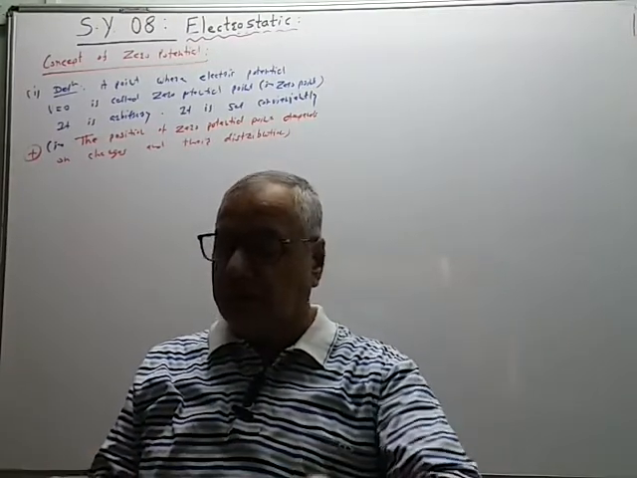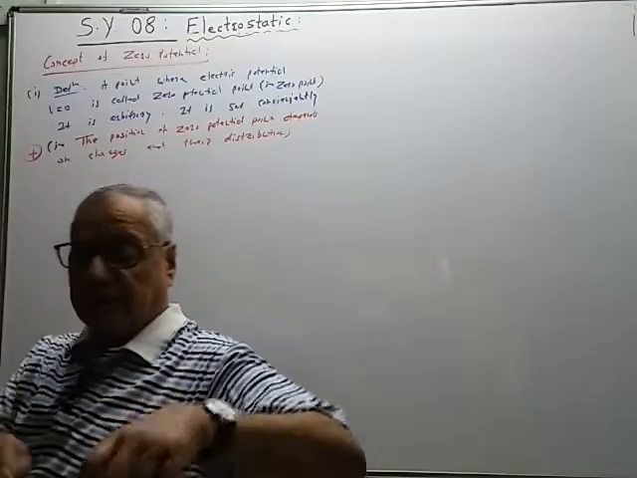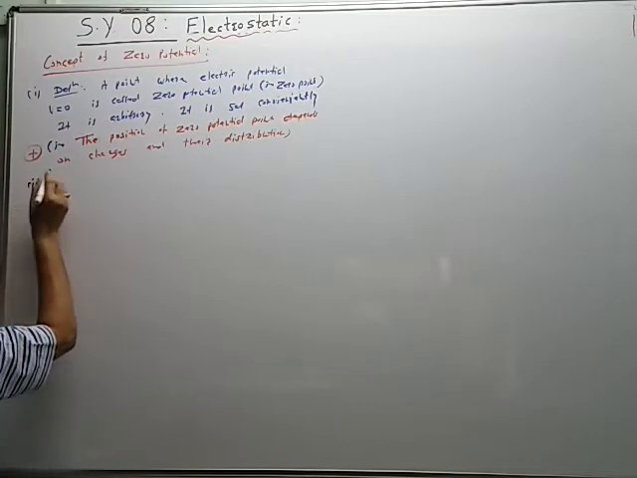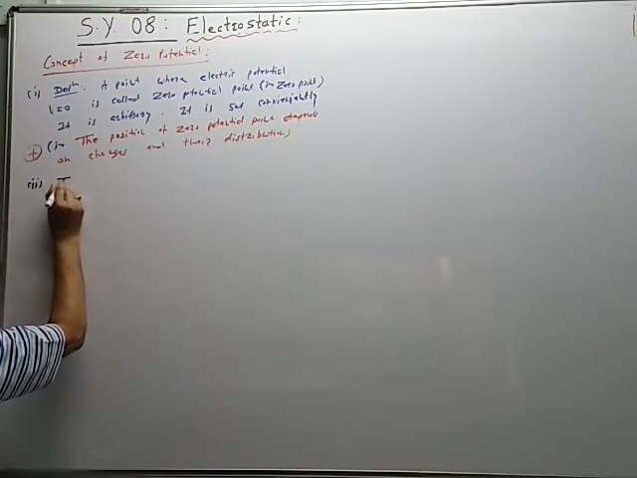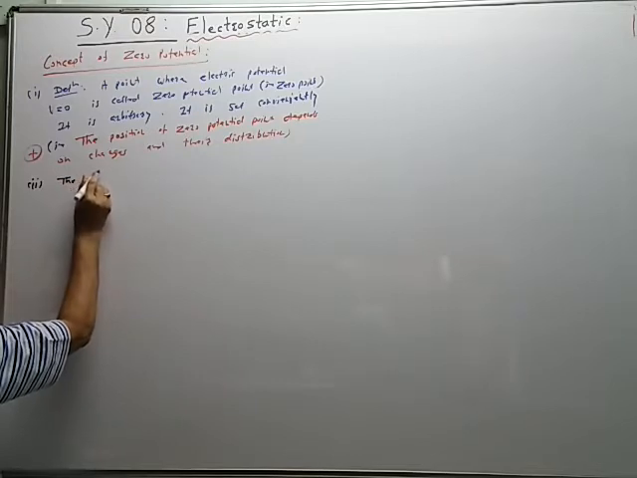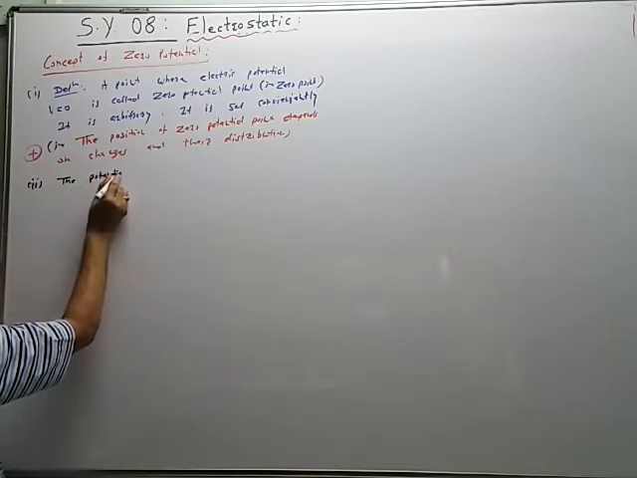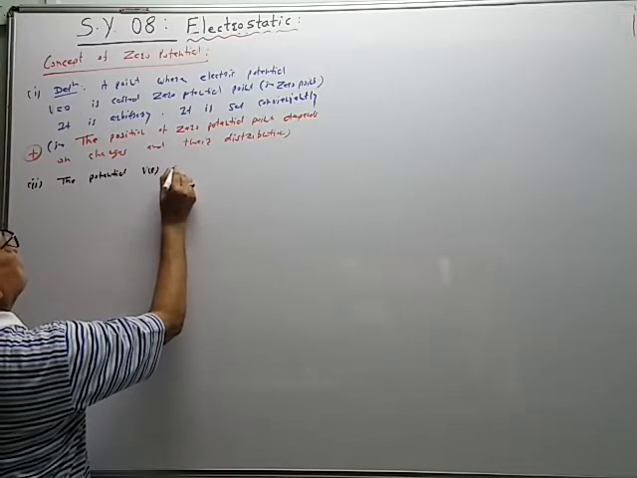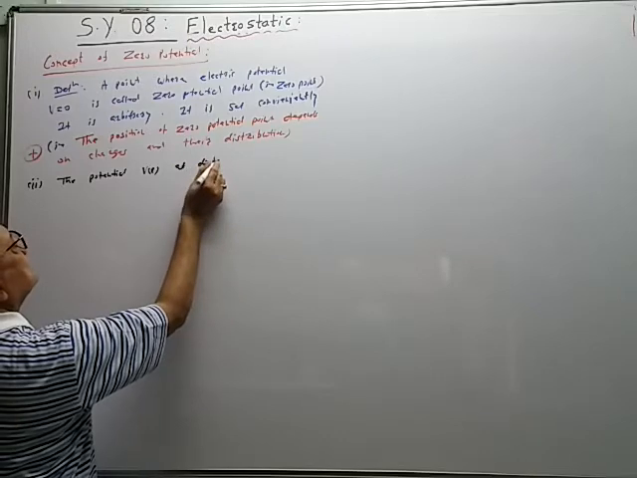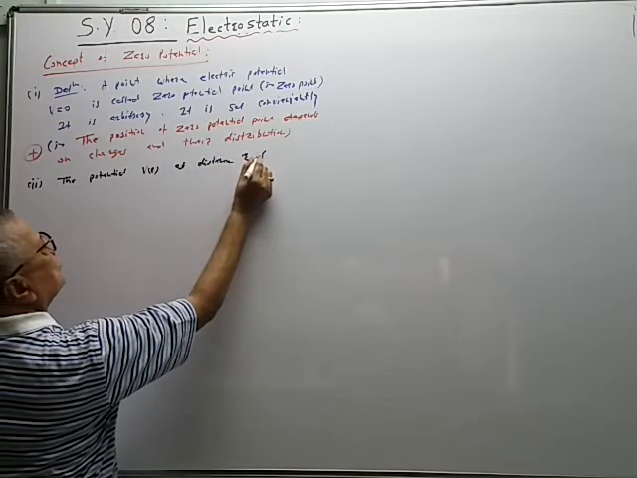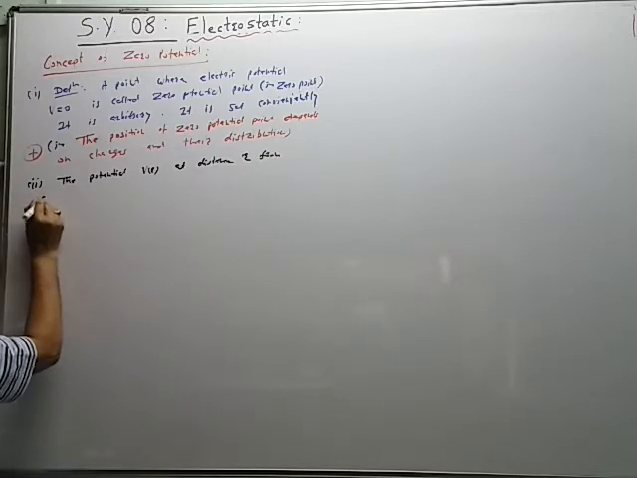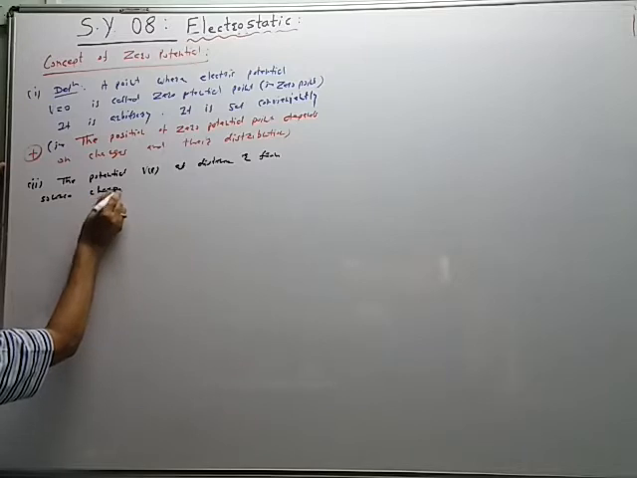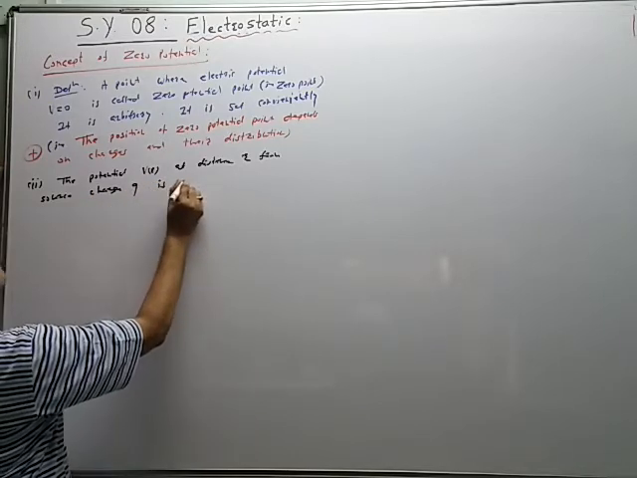Now let us see some examples of zero potential point. Second, the potential V at distance r from source charge Q is given by,